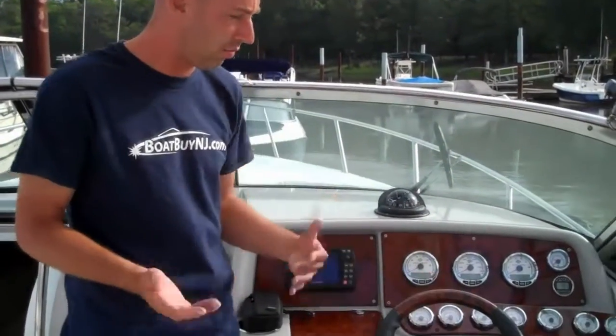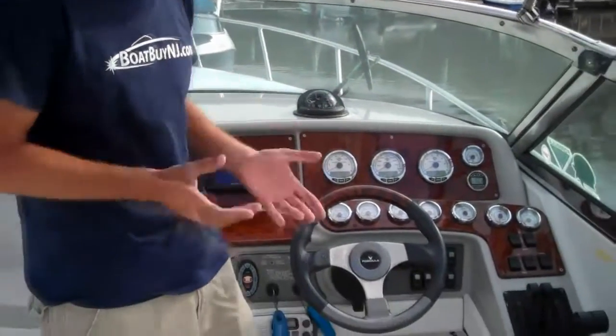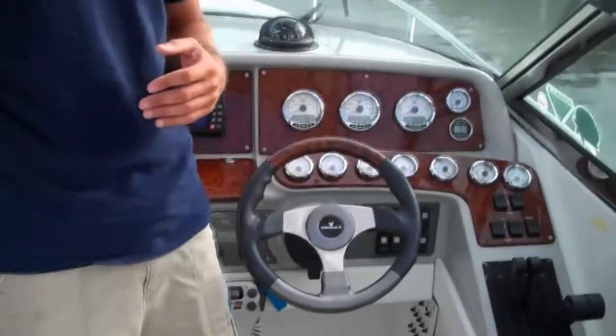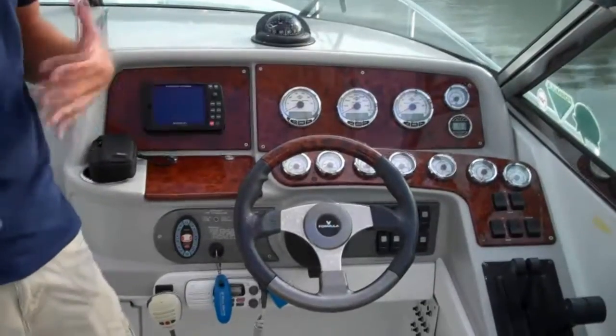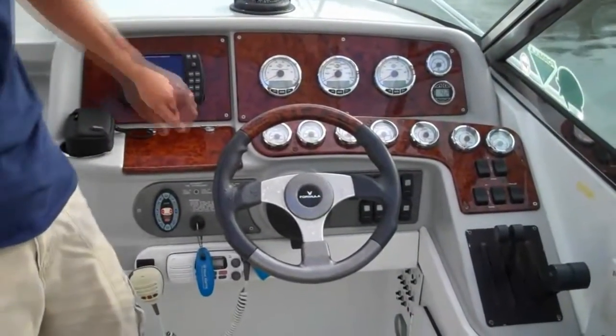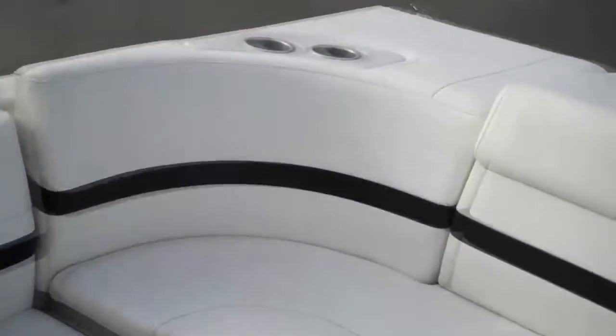Here we are at the helm of the boat. This is where the main controls are, obviously, where the captain would be operating the vessel. I'm going to show you real quick the motors, how they start up, and how the engine hatch opens. And then we'll come back and I'll show you how all these SmartCraft gauges work. Right now, when you want to lift up the engine compartment, you just hit this engine hatch button here, and you just hold it down, and as you can see, the motor compartment opens up,